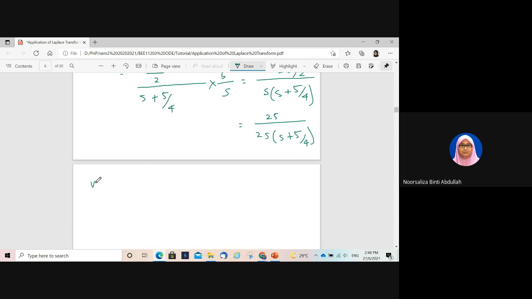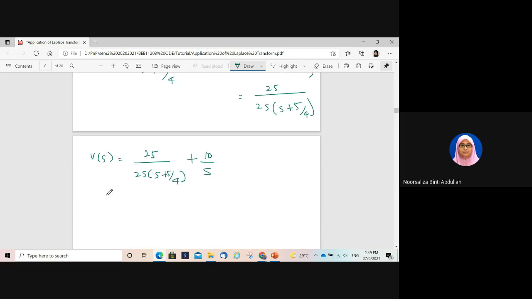So VS equals to 25 over 2S plus 5 over 4 plus with 10 over S. Okay. So to find VT, you have to use the inverse Laplace transform. Okay. So inverse for VS. Okay. And then inverse for